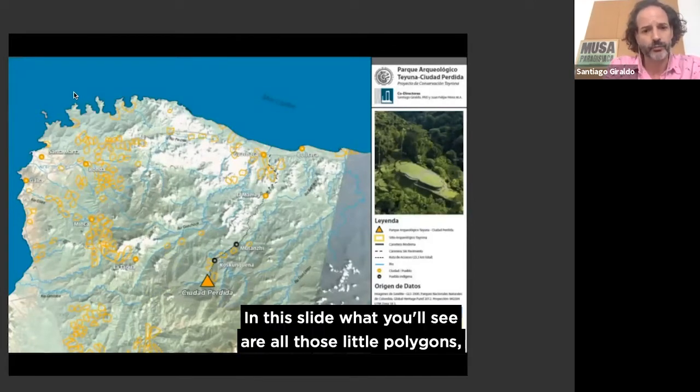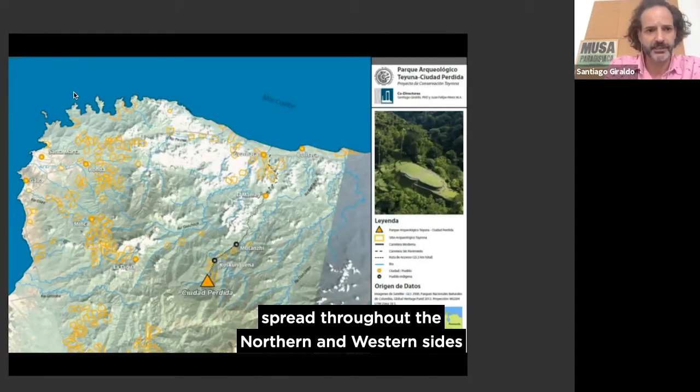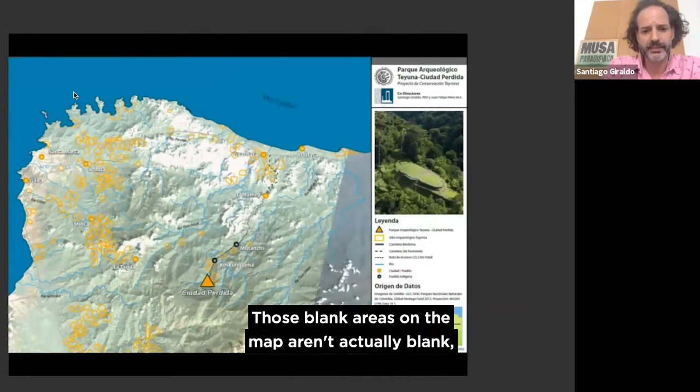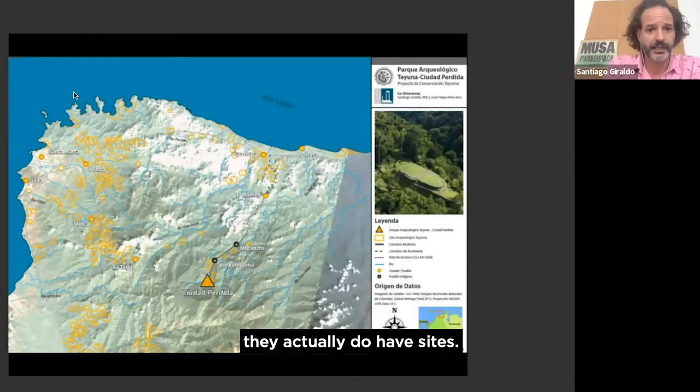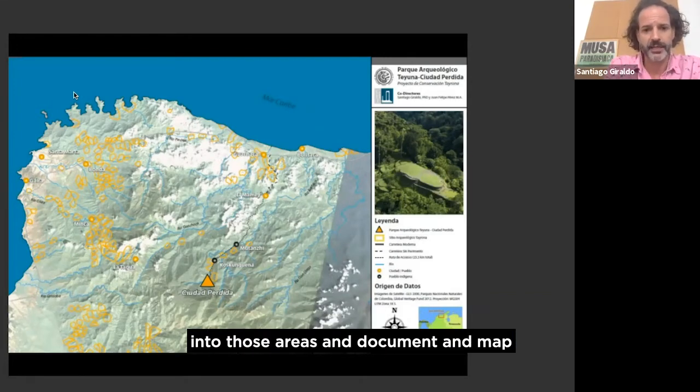In this slide, what you see, all those little polygons, all those little blobs, are documented Tayrona sites spread throughout the northern and western sides of the Sierra Nevada de Santa Marta, of which up to this point we have over 270. Those blank areas on the map aren't actually blank. They do have sites. The issue is that we haven't been able to go into those areas and document and map and locate those